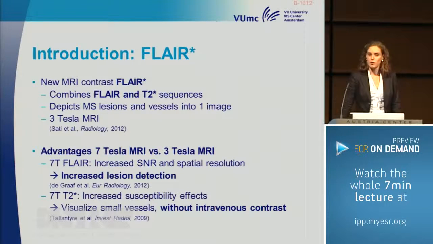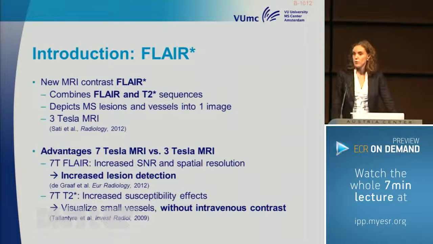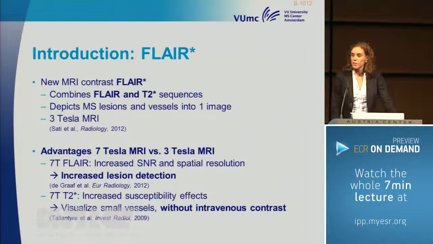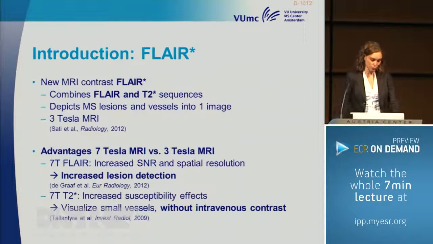In 2012, Satie and colleagues introduced a new MRI contrast called Flare Star. In this contrast, they combined FLAIR and T2 star sequences, and these images depict MS lesions and vessels in one image. They applied this sequence at a 3 Tesla MRI scanner, and we thought if we move to a 7